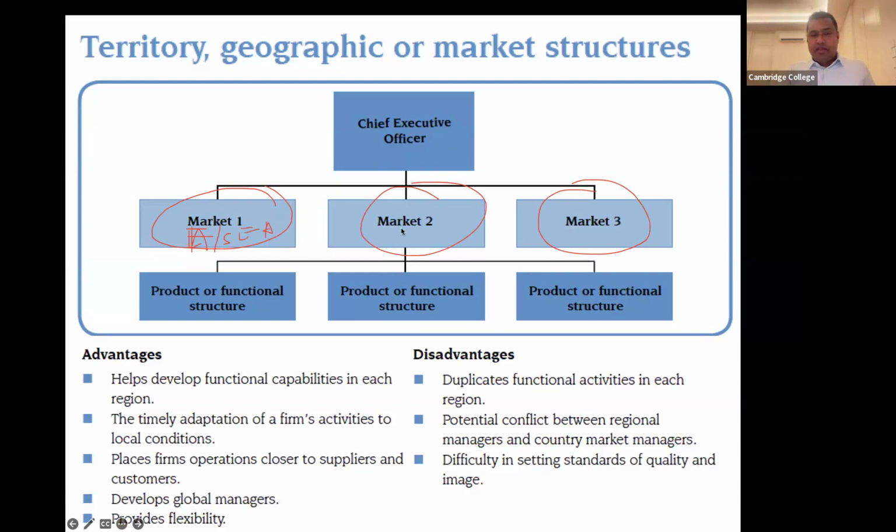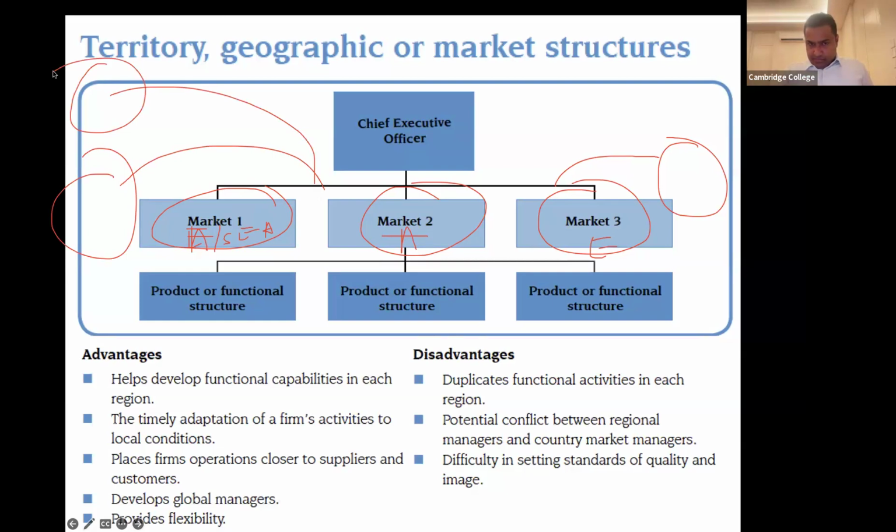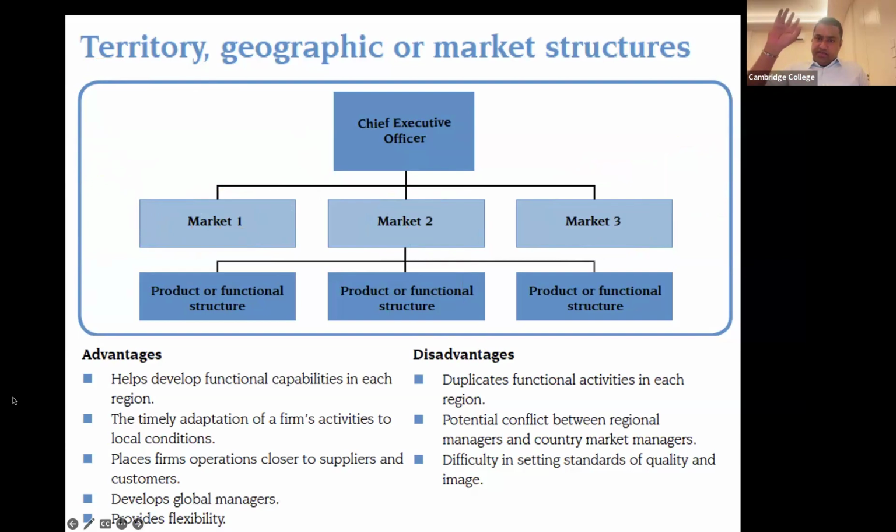You'll have a head for the Americas, South and North. You'll have a European head, right? You'll have a head for Australia and New Zealand. Or you can mix it up with Asia as well and call it Australasia, right? Or you can have a separate one for Africa. You can have a separate market head for the Middle East, right? So under these market heads, you then have either a functional structure or a product structure. But these guys are experts that are growing the business in these different markets,